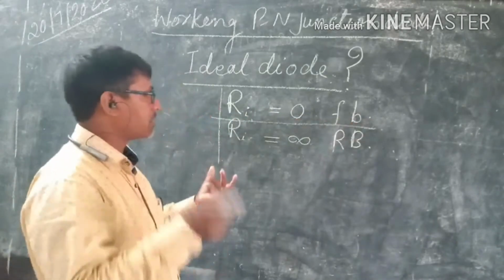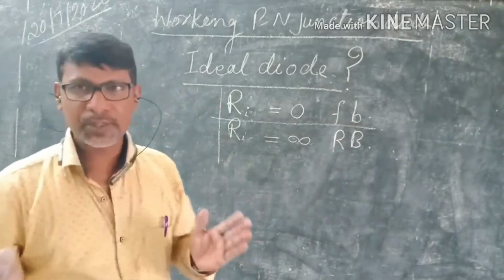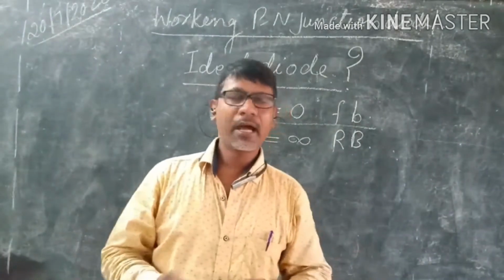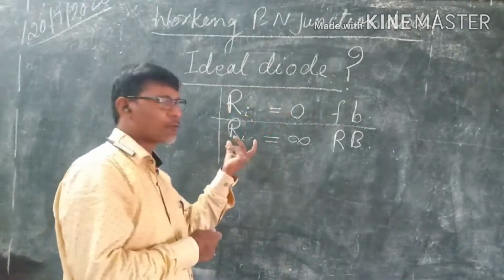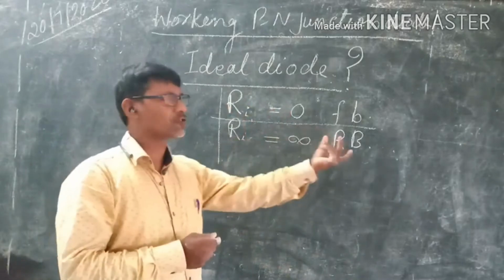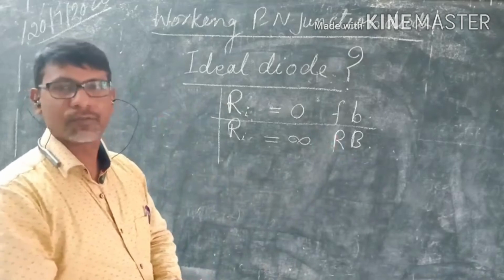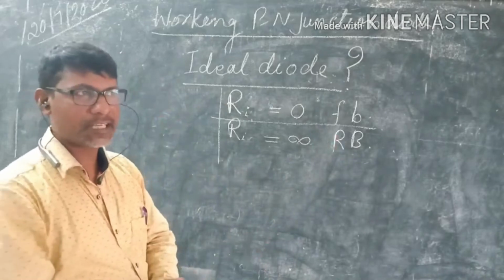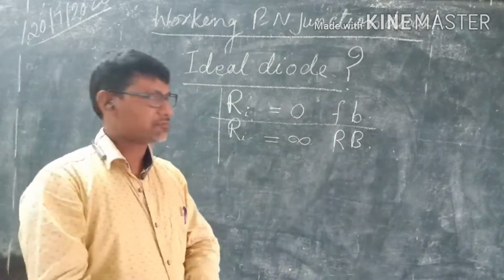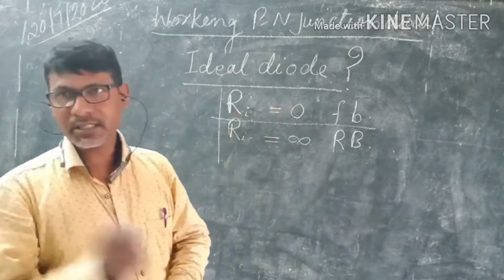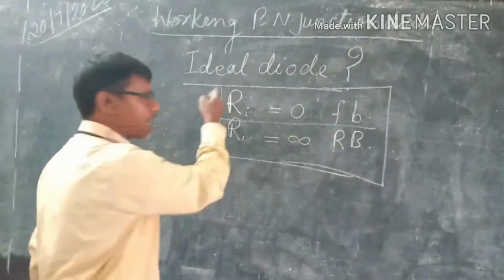But when we apply the reverse bias, this resistance will increase, means the width of the depletion layer will increase and the potential barrier will also increase. So the resistance provided by the depletion region in the reverse bias is very high, due to which no current flows. And you know the basic of electricity, that if resistance is greater, current is less. If the resistance is less, current is more. The same funda applies here. So this is the condition for an ideal diode.